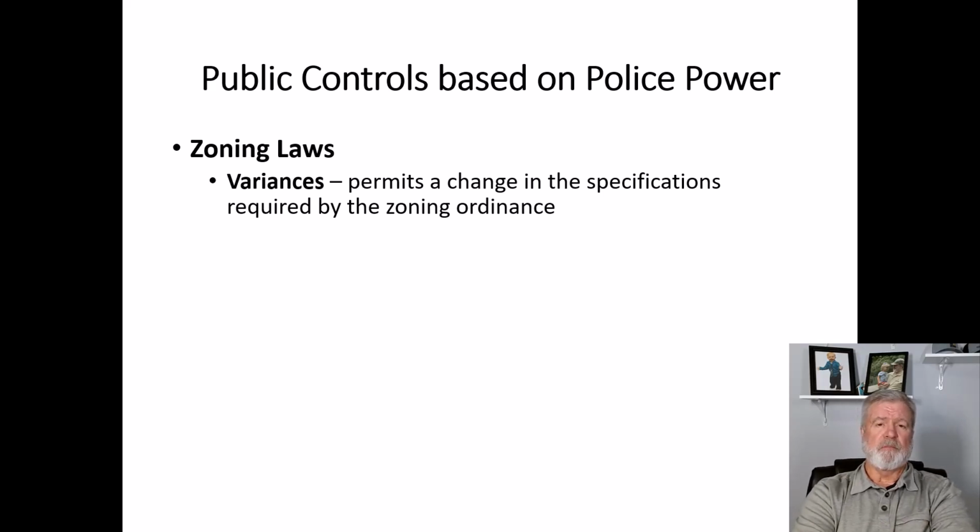But you also need to be very clear on how changing the classification would benefit the public. That's what the Planning and Zoning Commission is going to be most interested in. If all you put in your request for the variance is how it's going to increase your revenue, you're probably not going to get much traction there. But if you can convince them that what you're planning to do would benefit the public, then you stand a much better chance of getting the variance. And obviously if you get the variance, they change the zoning classification and you can go ahead and do whatever it is you plan to do. But that's what a variance would be.